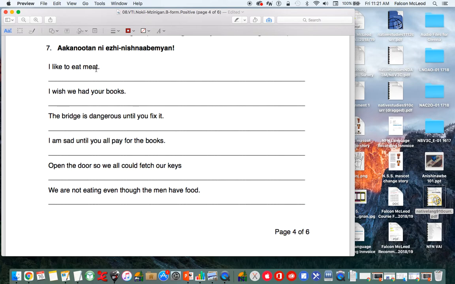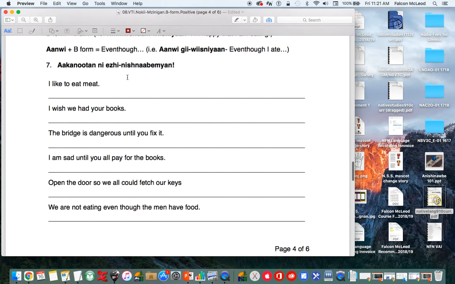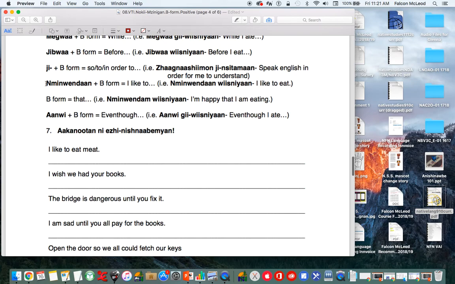So I like to eat meat. We didn't learn I like to verb in our grammar patterns, but it is up here in minwendon plus B form. So we have minwendon wisnayan means I like to eat, but remember, if we specify what we're eating, we have to use a different verb than wisne. So we can use